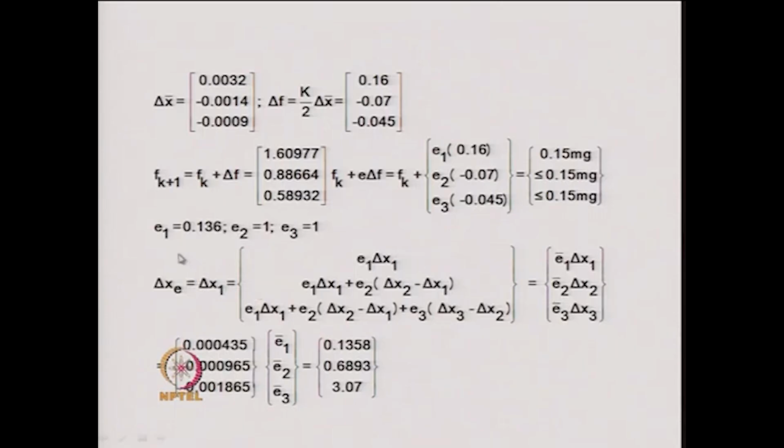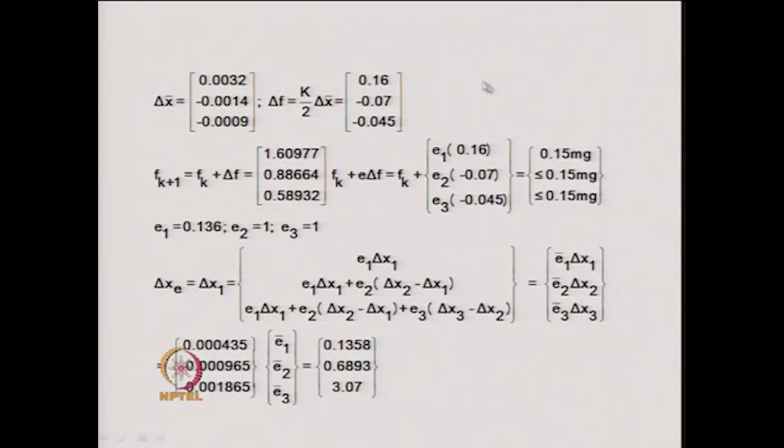So, that is what is called the first part of the scaled displacement vector delta xc, or what we are calling as delta x1, and this is written as E1 into delta x1,